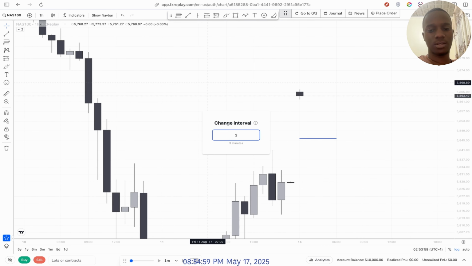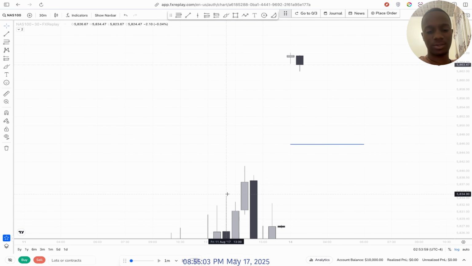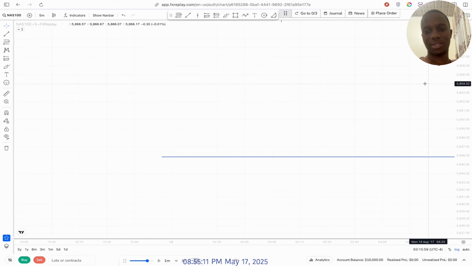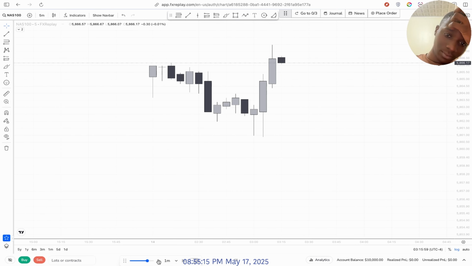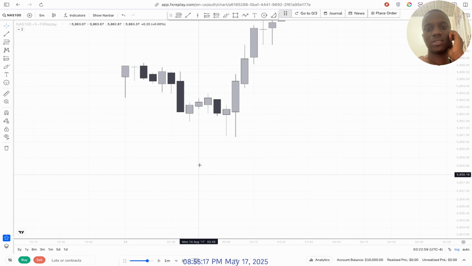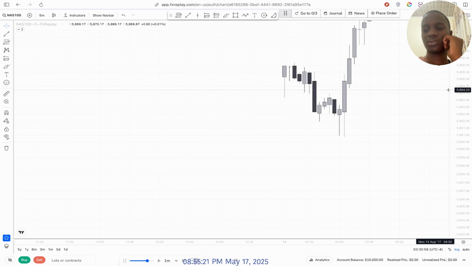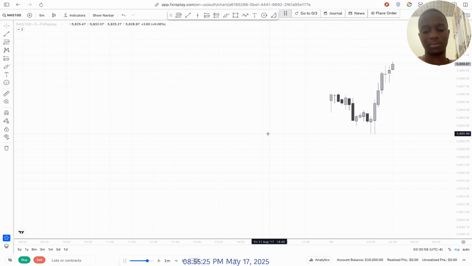So back to the 30-minute. As we're still in London session, we're dropping. Okay, so let's go back to the time frame I want to be trading on. So 5 minutes, it starts by pushing higher. Looks like it doesn't want to fall lower, so we might start by preparing our